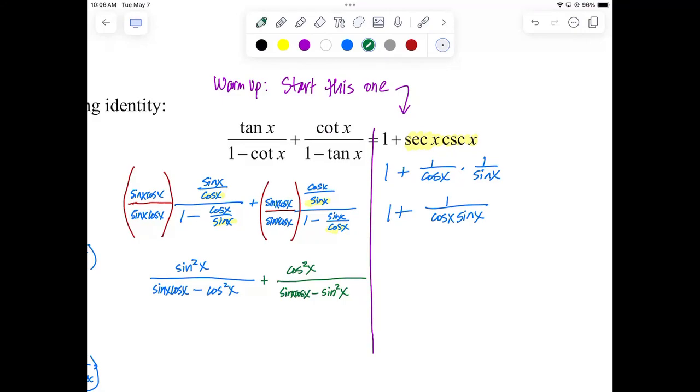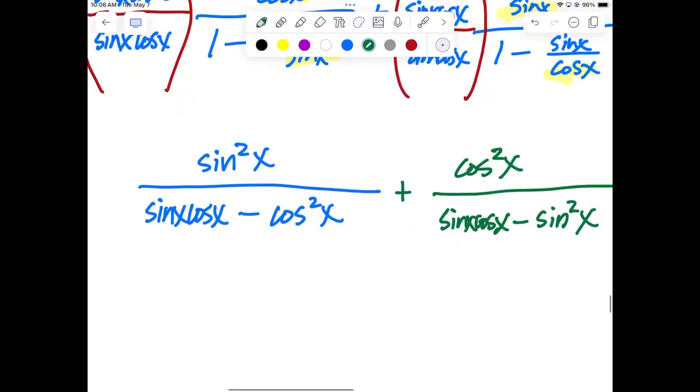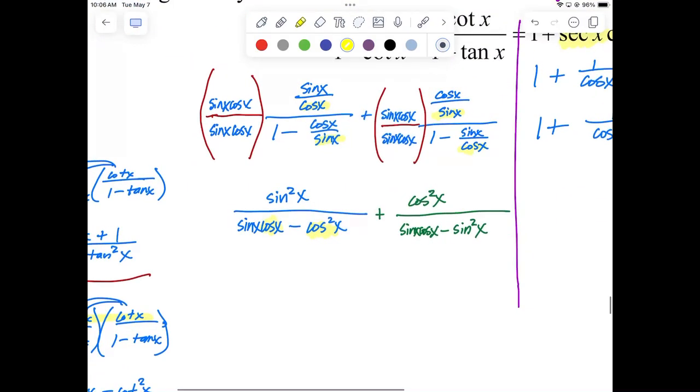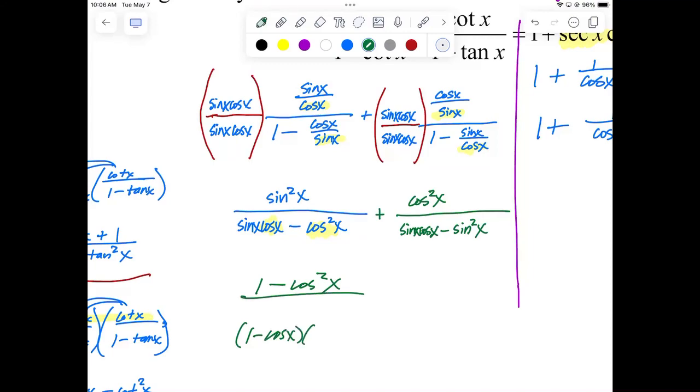But what do you notice about the denominators now? Is there anything we could do in the denominators? We could call cosine squared 1 minus sine squared, but that's going to get us 3 terms because the 1 is going to be the third term, and we're not going to be able to combine anything. So we can't do that in the top. Oh, we can, yeah. Let's think about that. We can call the top 1 minus cosine squared, and that would then, on the next line, say that it factors into 1 minus cosine times 1